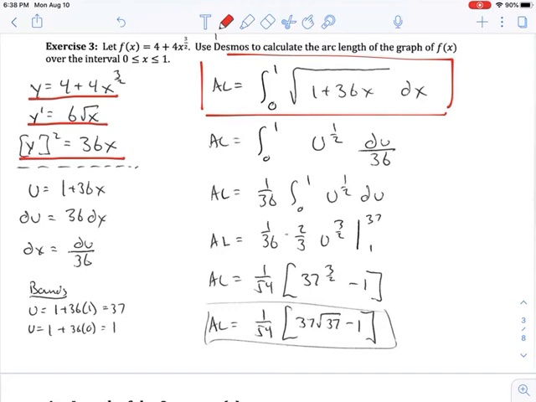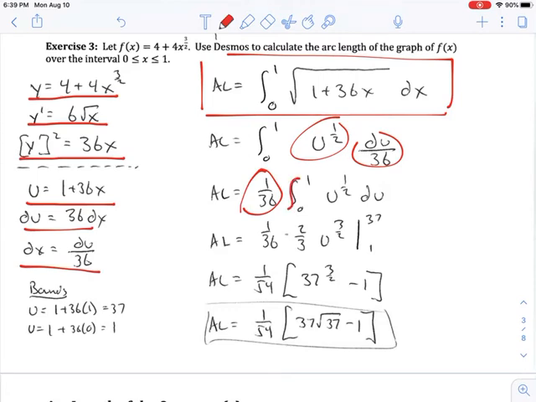So I did that over here. u is 1 plus 36x. Taking the derivative of both sides, we get du equals 36 dx. Solving for dx, dx is equal to du over 36. Plugging that in here, u to the 1/2. And then that brings the 36 out here. That du over 36 becomes 1 over 36 times the integral from 0 to 1 of u to the 1/2 du. Now we actually find the antiderivative, which is u to the 3/2 times 2/3 times the 1/36, and evaluate it from